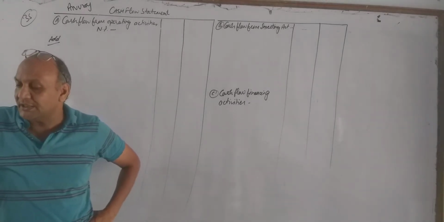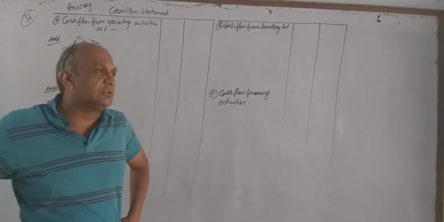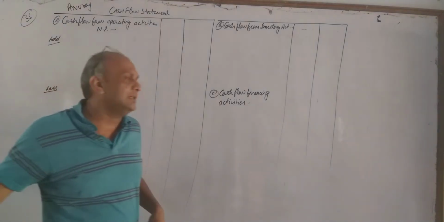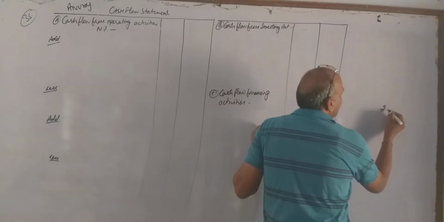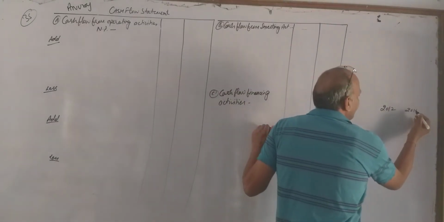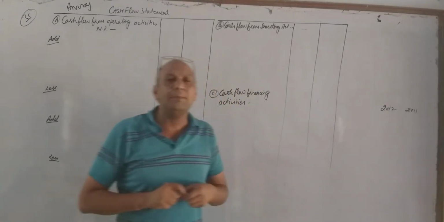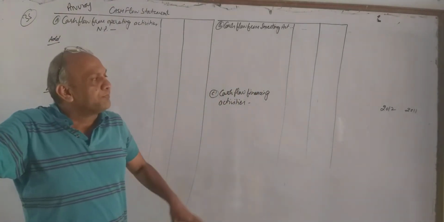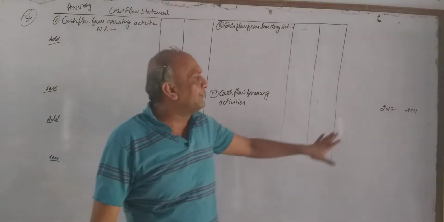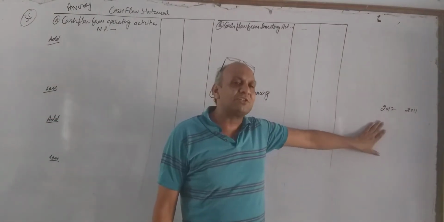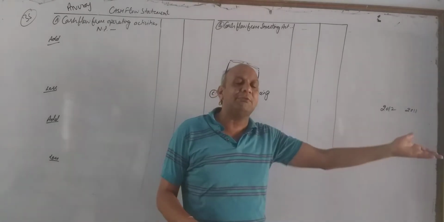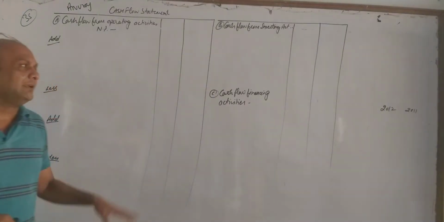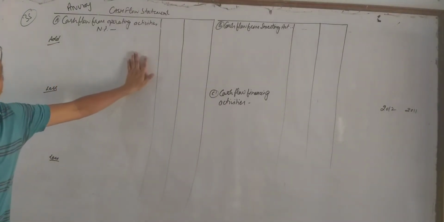We have been given the balance sheet, and as I told earlier also, our first task in the sum should be to check the year, and in this sum the years are given in reverse order. This is a very important point to take care of, because it is human tendency to assume first will be last year, then current year, and we go according to that. In this way our entire sum will be wrong.